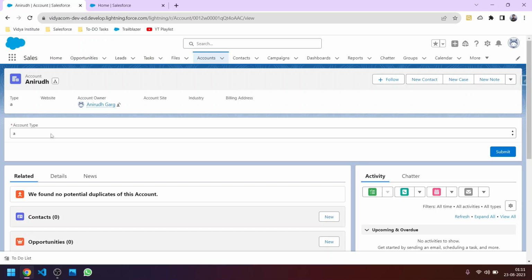So in this video, we will learn how to create a related record using ScreenFlow. For example, I want to create a related contact to this particular account. So till now we know two ways of creating a related contact or any related thing like lookup and master detail relationship. Okay, so one way is go to related tab and click on new,